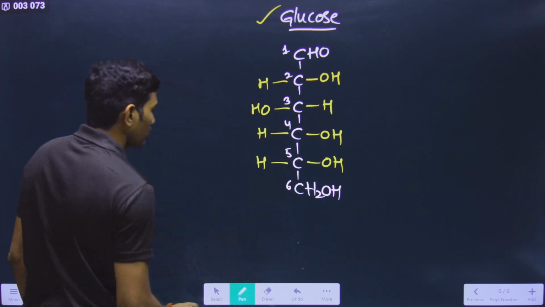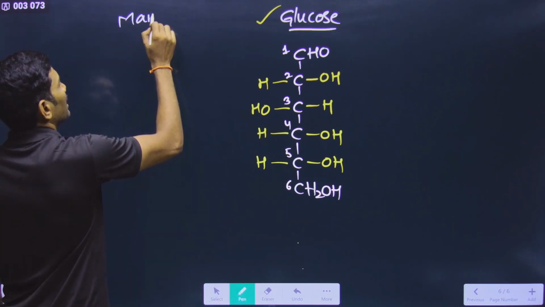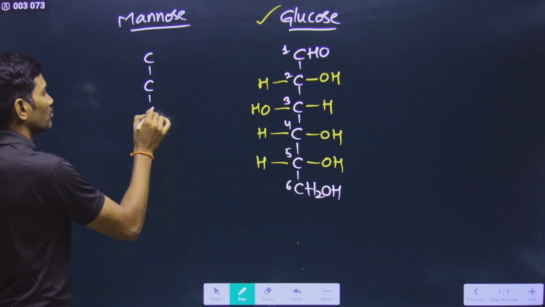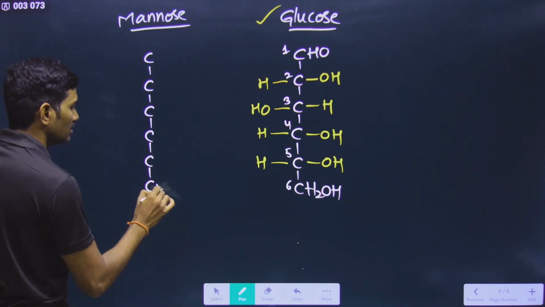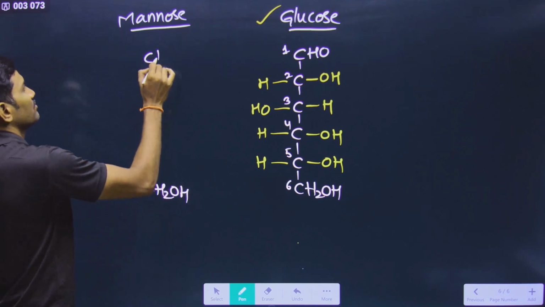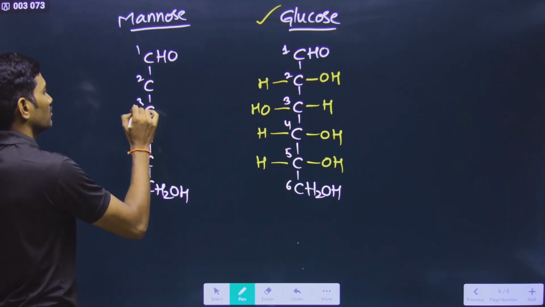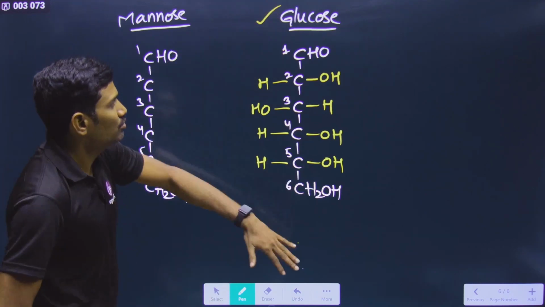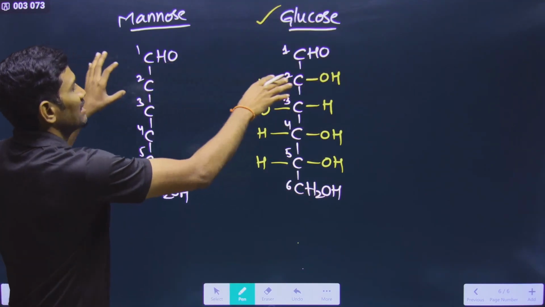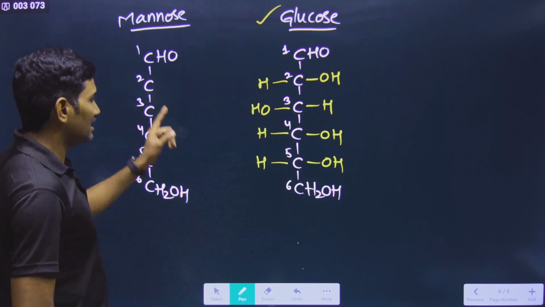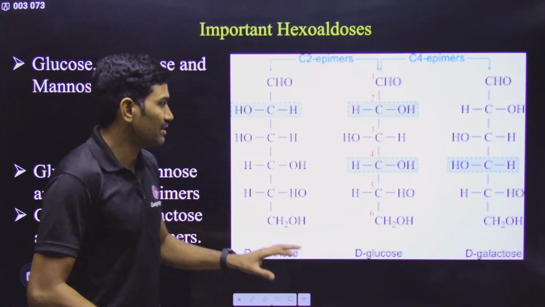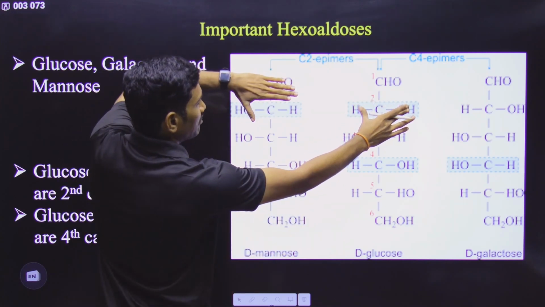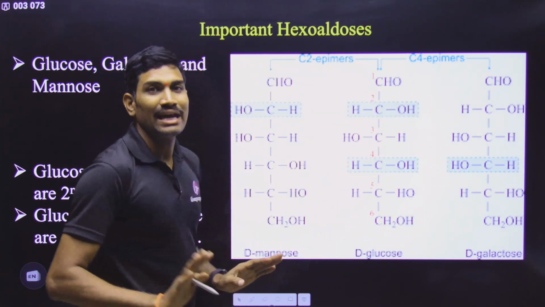And now we are writing about the mannose structure. For the mannose structure, here also 6 carbons, 1, 2, 3, 4, 5, 6. The last one is CH2OH, write as it is. The first one is CHO, write as it is. Okay. And here, once you know the glucose structure, where exactly will you get the difference? Here we are getting the difference at the second carbon. See here, these two we are comparing, right? This is the mannose structure. At the second carbon only the difference is there. The remaining structure is exactly the same.